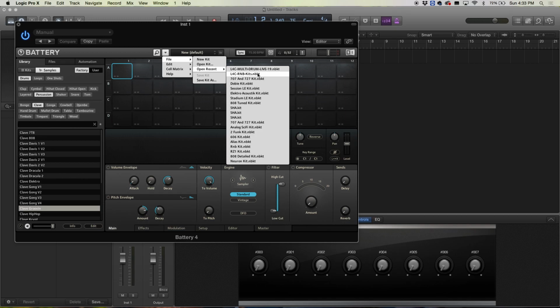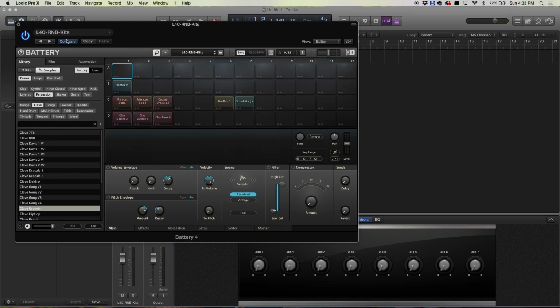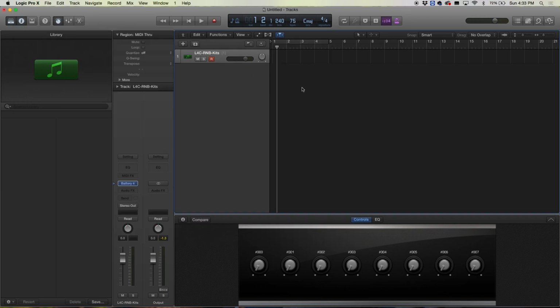Let's do R&B kits. Okay. All right, so I have my R&B kits loaded up. So that's how this is gonna work. Let's say I want to do a project and I want to set it in